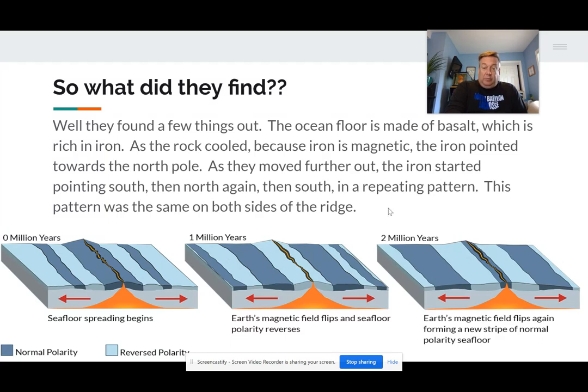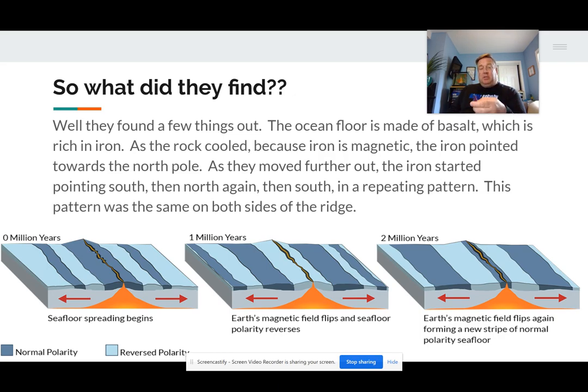The iron is going to be pointing north, because iron is magnetic. If we take this pen, and the tip of the pen is pointing north, we study the ocean floor, and all the little pieces of iron are pointing north. But then as we go, let's say a couple hundred feet out, we find that all of the iron is now pointing south. Then we keep going, and it flips around and it's pointing north again.